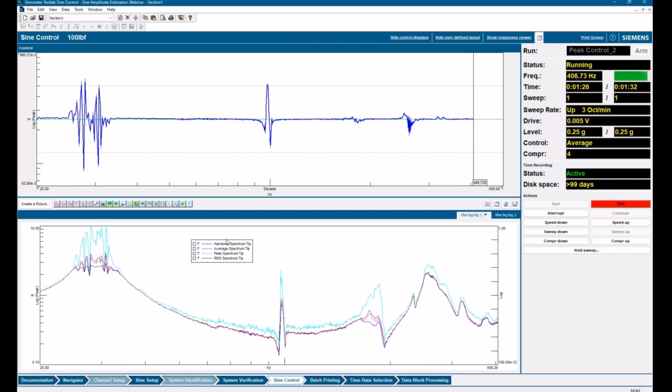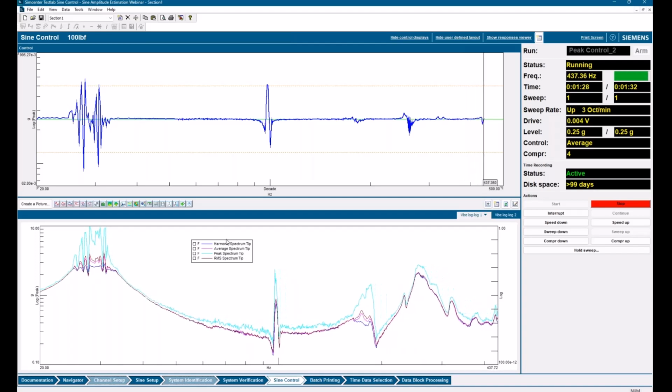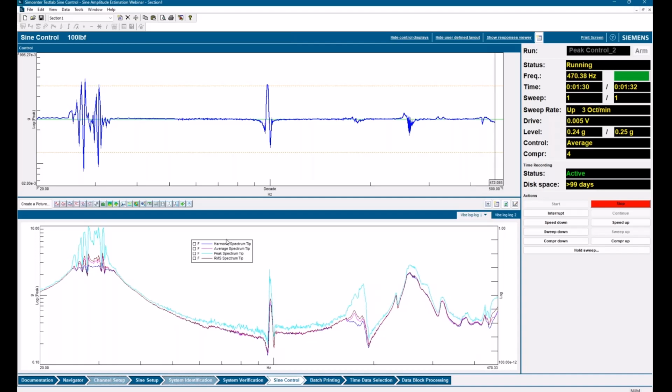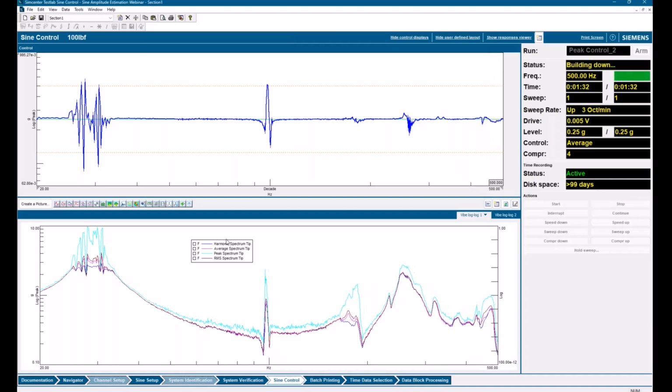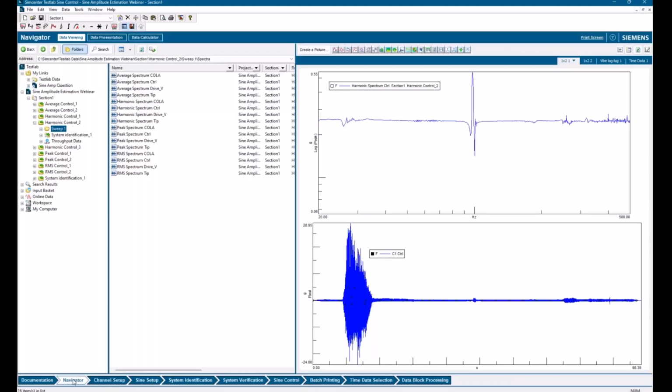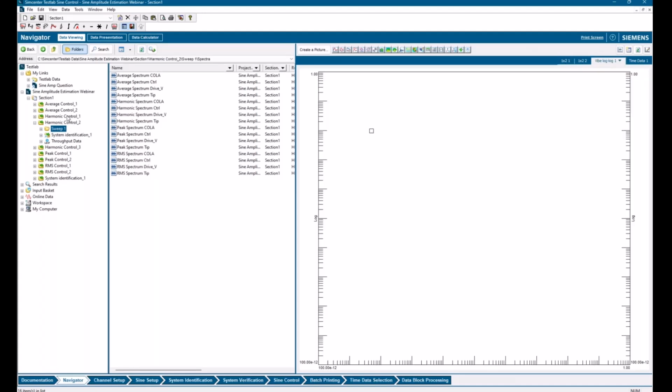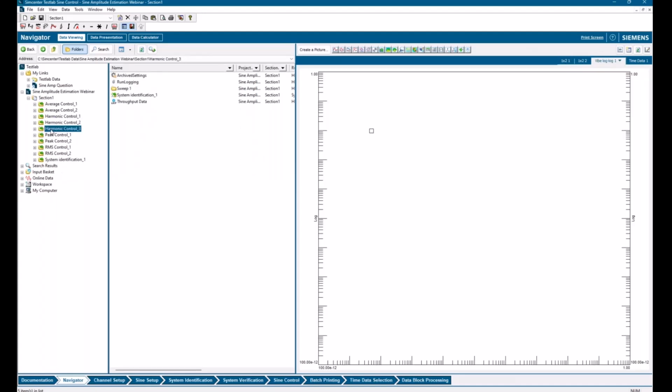I guess that's kind of the catch there. The peak being the most conservative for protecting your device under test, but it also could lead you to more aborts because it's not going to control as well. Kind of right there, what you just showed in that 30 to 40 hertz. Yeah. Exactly.